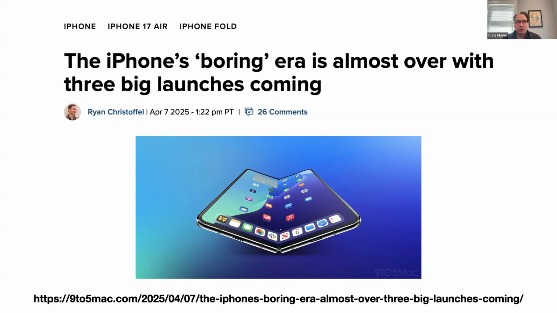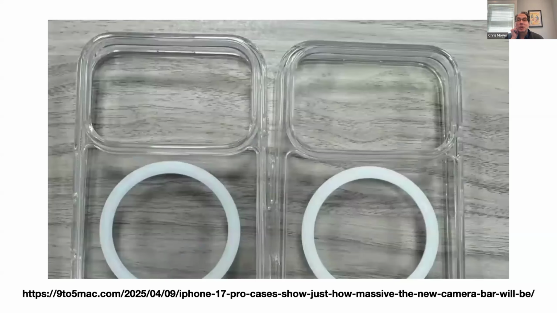And then either in 2026 or 2027, Apple is apparently preparing an iPhone 20th anniversary model. And they're being cryptic about it, but they're saying things like makes more extensive use of glass. So maybe this thing will be partially translucent. And then regarding the iPhone 17 coming out, these are some of the new cases that are coming out, and you will notice the opening for the cameras on the back of the thing are gigantic.